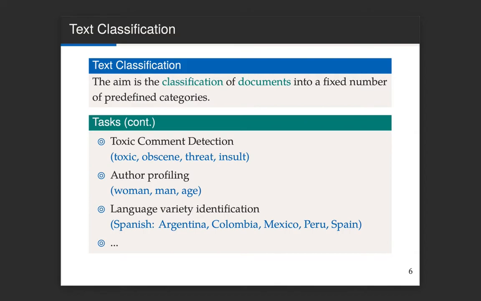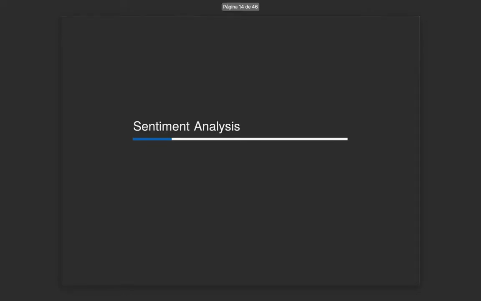So this author profiling task is related to the author, and you use the text produced by the author to infer some of the characteristics of the author. But let's move on to sentiment analysis and opinion mining.